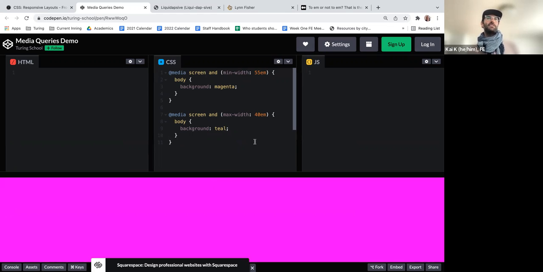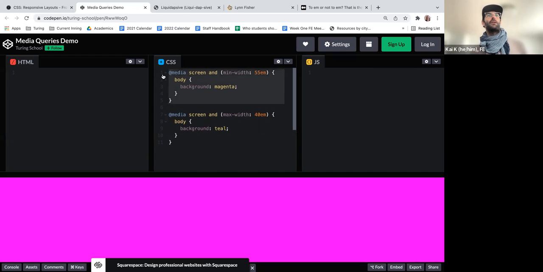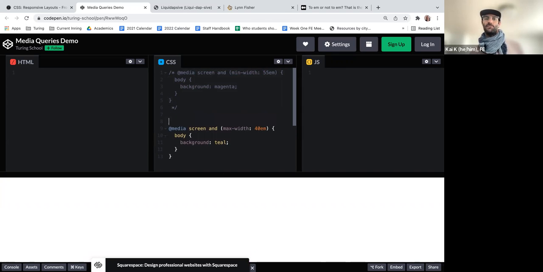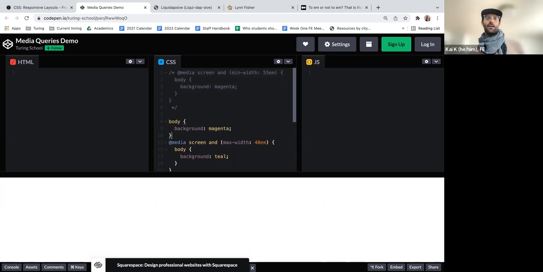Ooh, so just skip the first media query. I mean, the only thing is you wouldn't have the magenta. So you'd have to hard code body background magenta, and then have the media query. So probably something just like